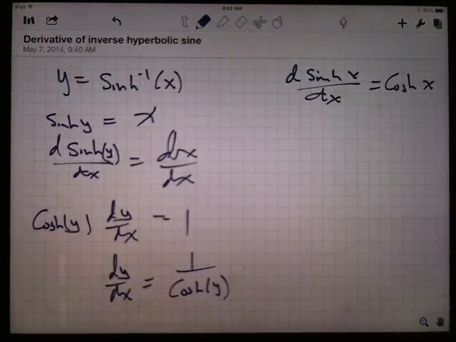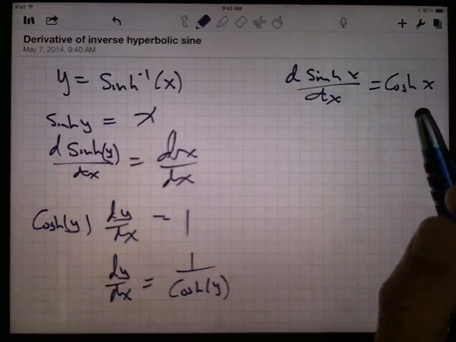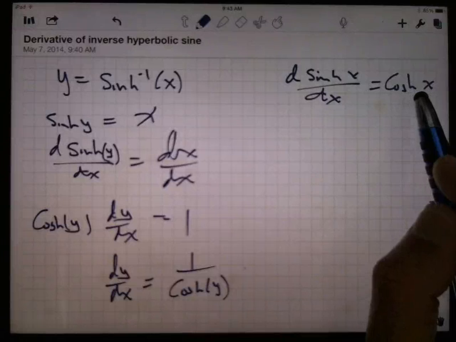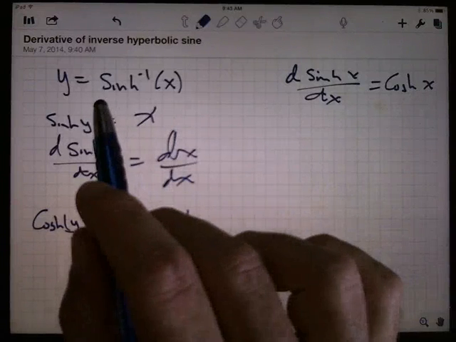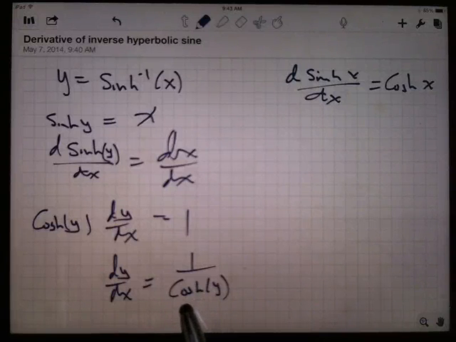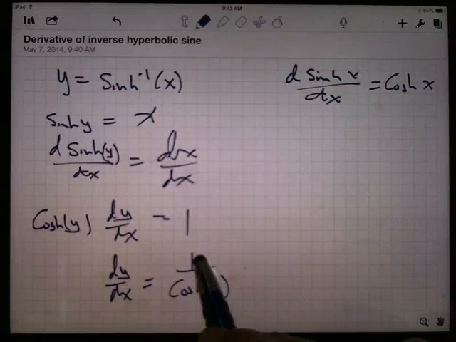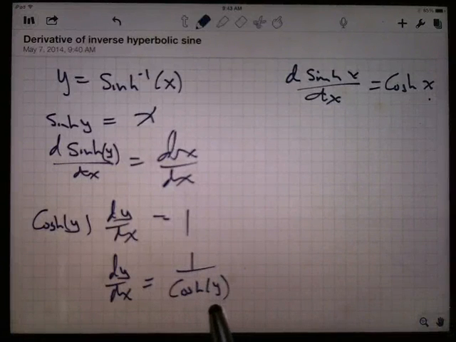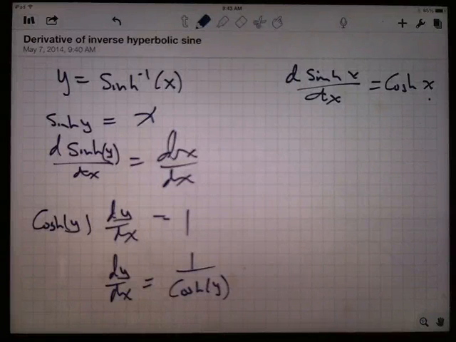Pause here, ponder some, right? The derivative of the hyperbolic sine of x is the hyperbolic cosine of x. The derivative of the inverse hyperbolic sine of x is 1 over the hyperbolic cosine of y, because the derivative of the inverse function is the reciprocal of the derivative of the function with the other variable plugged in, right? Now, this is a completely unsatisfactory answer because I didn't start implicitly, I started explicitly, so now I've got to